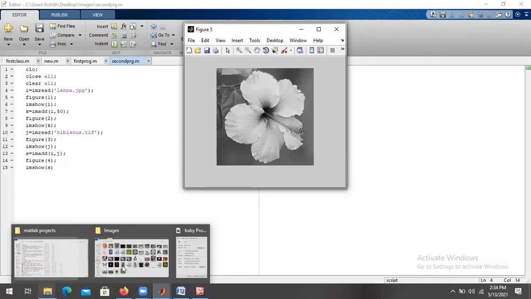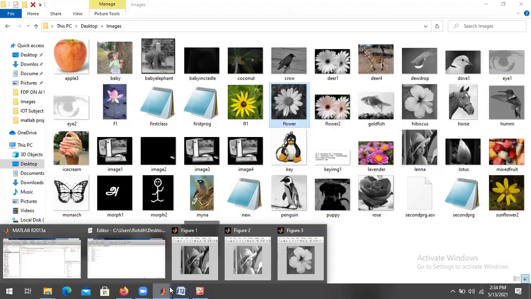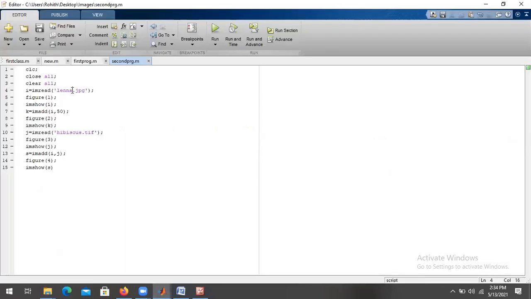I do one thing. I go with the flower itself, the flower which is in JPG format. If that doesn't work, then I will try to add two JPGs.